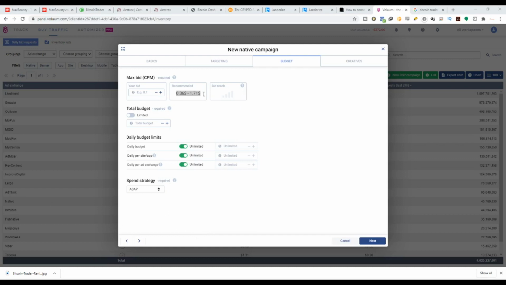And this is what I wanted to tell you. When you're using Volume DSP, you need at least $1,000 to test a new campaign. Yep, that's how much you need to gain sufficient data so that you can actually optimize, guys. So make sure you have the proper budgets when you're running a Volume DSP campaign. And also remember